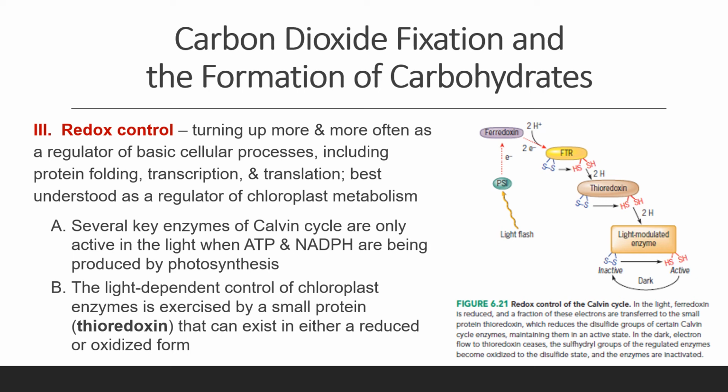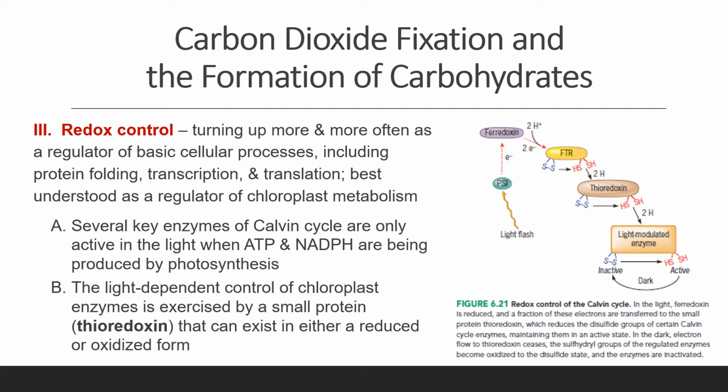So it is noted that not all of the electrons that pass through ferredoxins are used to reduce NADP because some of them are transferred to thioredoxin. Once it has accepted a pair of electrons, thioredoxin reduces certain disulfide bridges into sulfhydryl groups in selected Calvin cycle enzymes. And this covalent change in the protein structure activates these enzymes, promoting the synthesis of carbohydrates in the